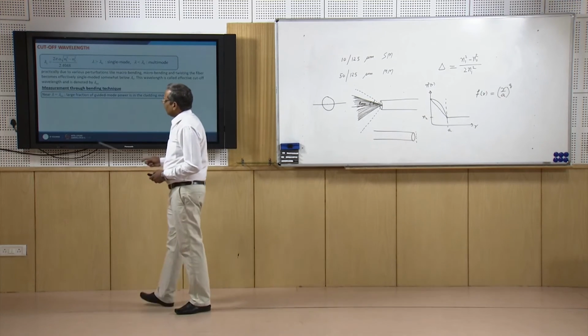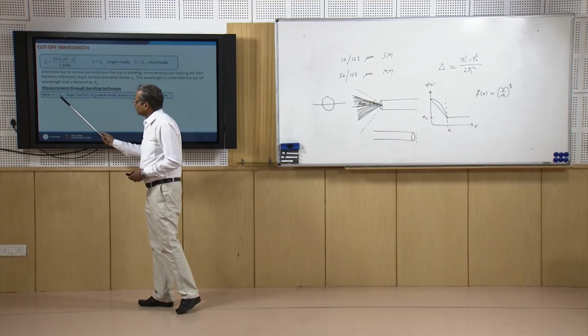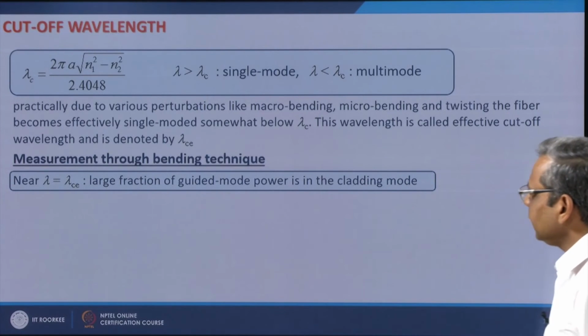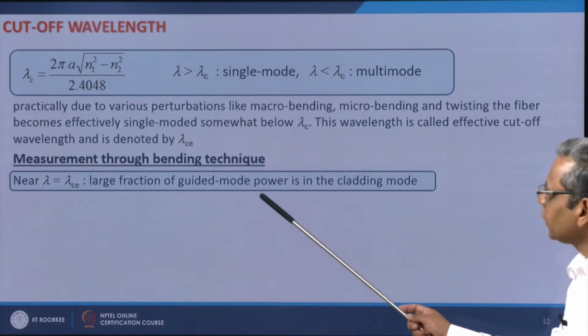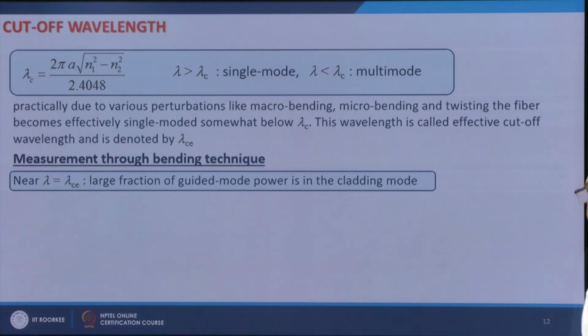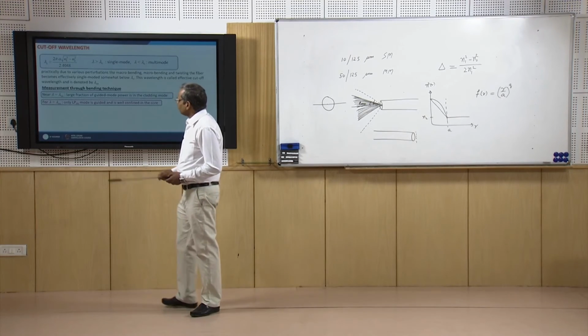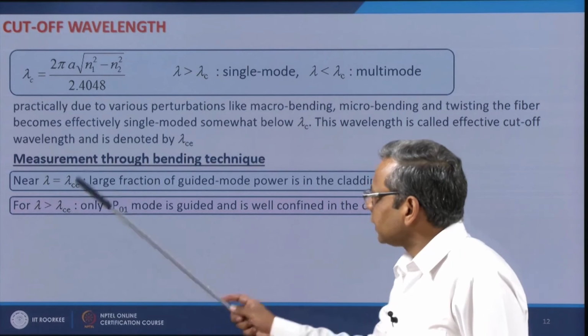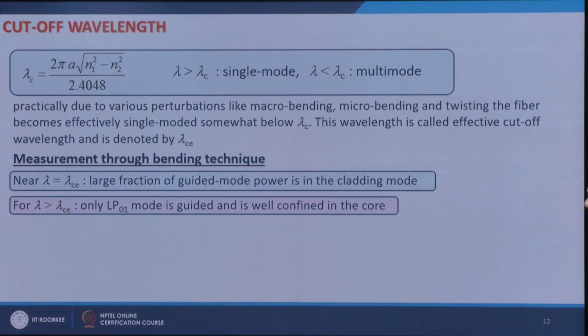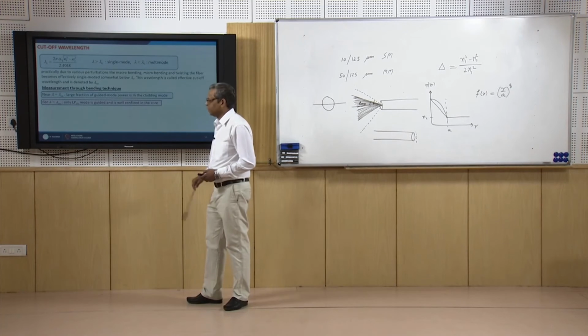If I am operating at a wavelength equal to lambda ce, then a large fraction of guided mode power is in the cladding mode, and if you are slightly greater than lambda ce, then only the LP01 mode is guided and is well confined in the core,